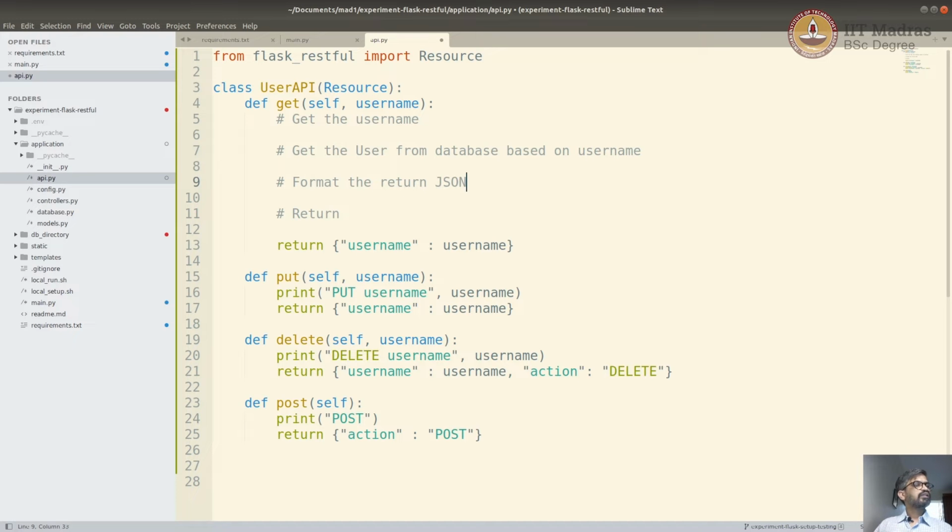Now the format of the returned JSON also has to be based on the user. If there is no user found, we have to send 404. Let's see that once we reach that point. First, get the username. We are already getting the username, so we don't need to do much. I'm just going to print it, just to make sure that we are actually getting in